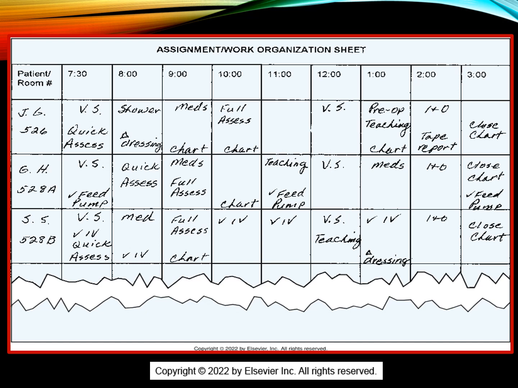Here's an example. This assignment work organization sheet goes through the patients and the different things that need to be done. Mine could look like that, but then I would use my little red ink, and I would write certain things in red, or underline them or circle them in red, things that had to be done. Let's see. We've got vital signs, quick assessment. The second one down, GH, has a feeding pump at 7:30 a.m. So we've got vital signs and a quick assessment on the first patient, vital signs and feeding pump on the next patient, and vital signs,